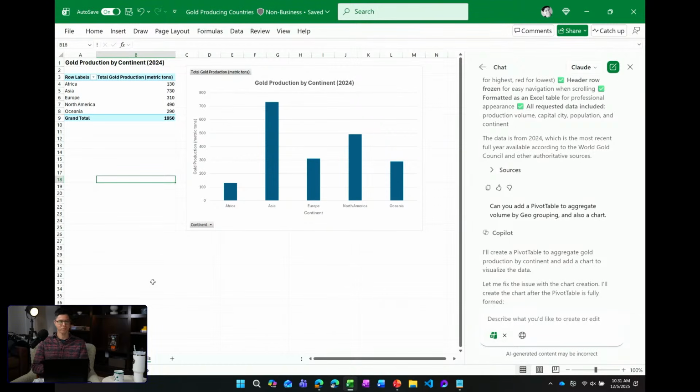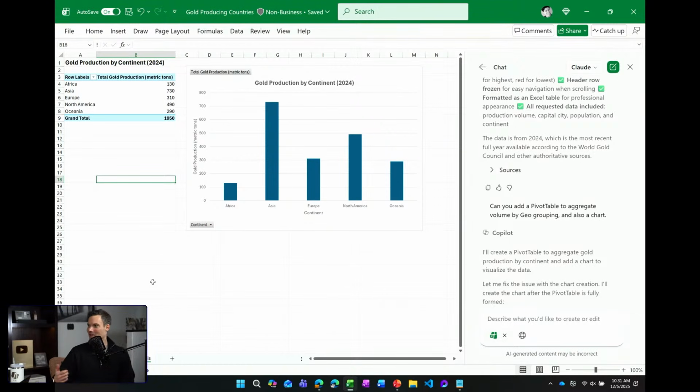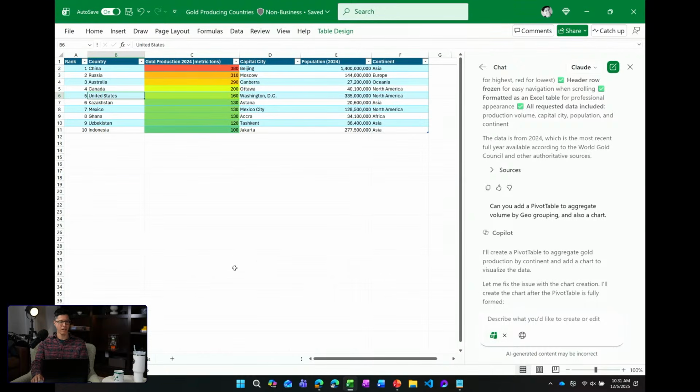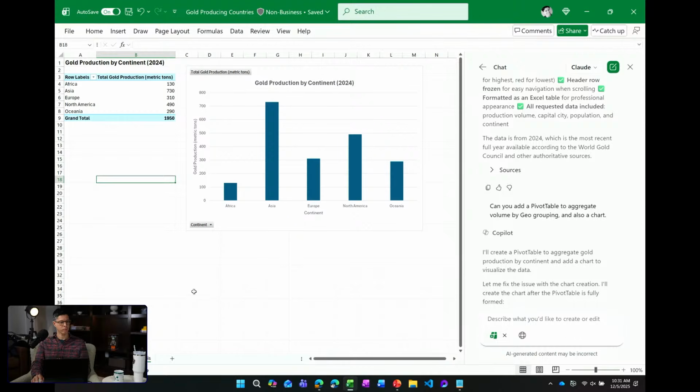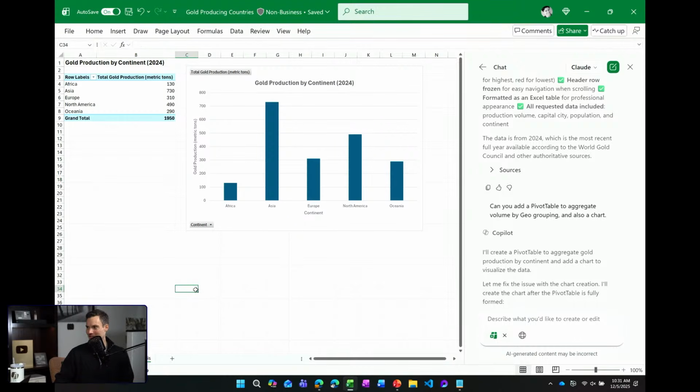But even look at this: setting up a pivot table, that's one thing you'd have to know about Excel. Setting up conditional formatting, that's another thing you'd have to know. And here it simplifies that whole process. Yeah. And then the web search, to identify this and bring it in. And even for people who know how to do conditional formatting or pivot tables, this streamlines and accelerates that whole process. Yeah.